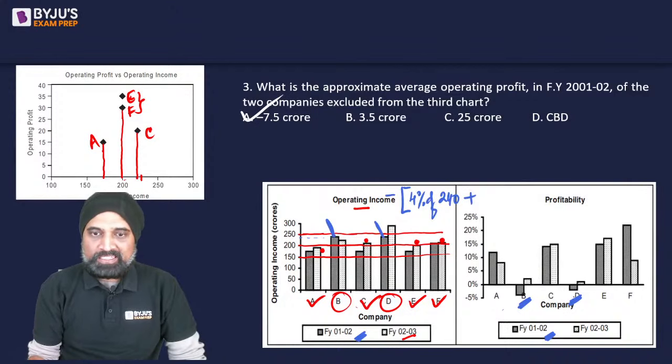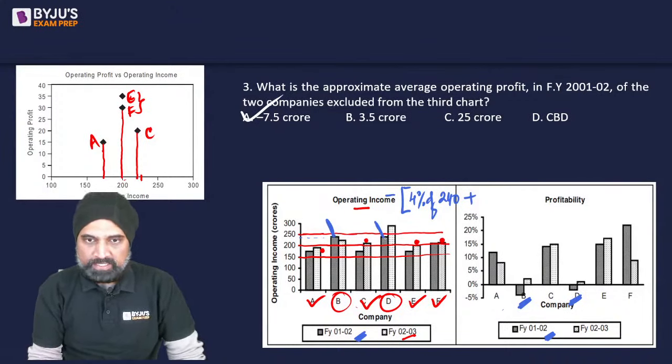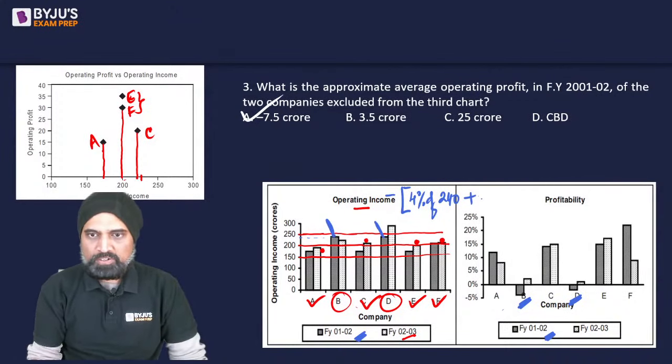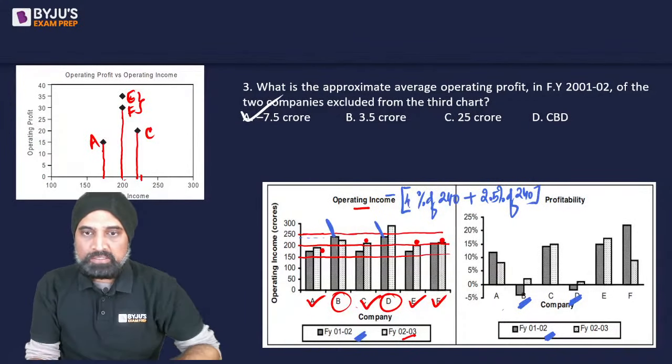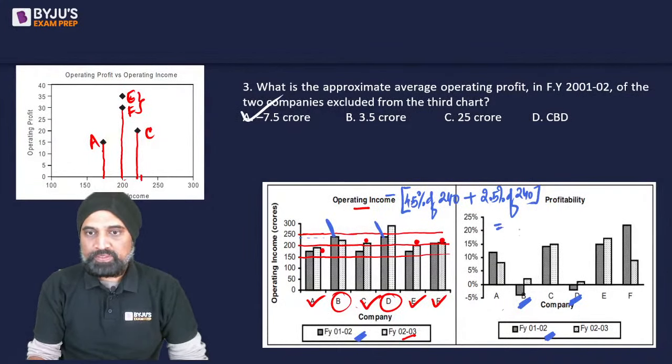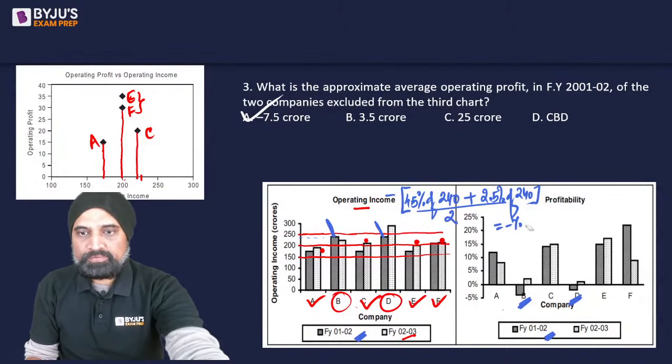If you look at delta, this is a little less than 250, almost the same value, and 2.5% of 240. If I take this as 4.5% to make the calculation easier, because the bases are the same, I'll have to divide it by 2: 4, 5, 6, 7. So minus 7.5, minus 7%